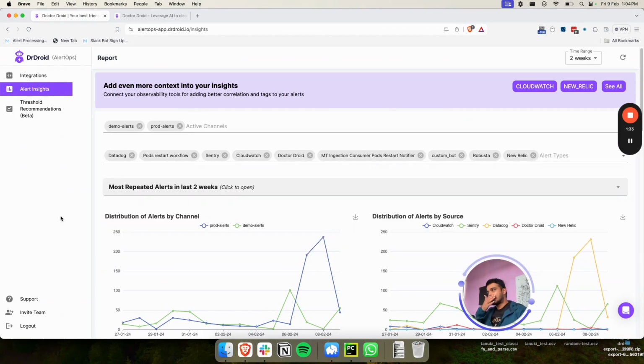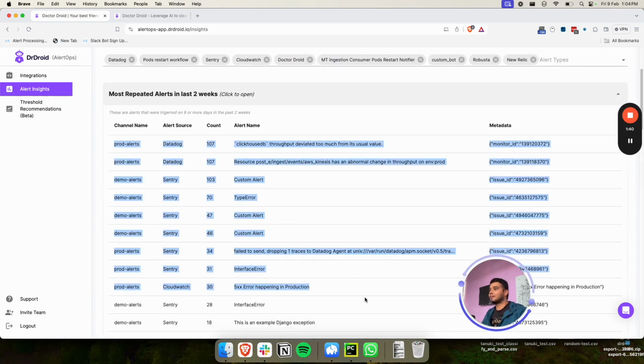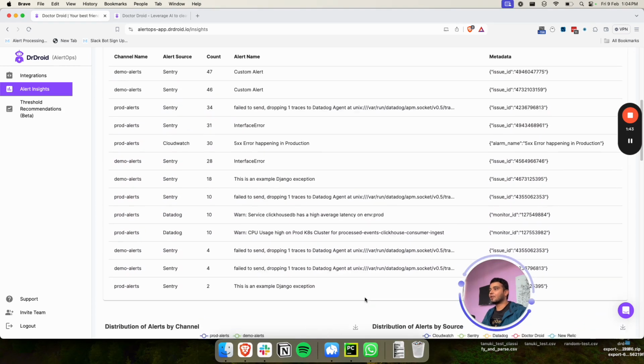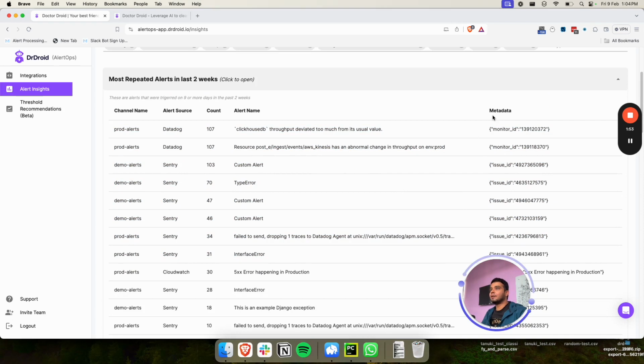And the first thing it shows you is the most repeated alerts in the last 2 weeks. These are the alerts that are creating 80% of the noise. If you can clear up these 4-5 alerts, you're sorted. And there is a UUID or an identifier. If I tell you Datadog and a monitor ID, you know exactly where you need to go in Datadog and